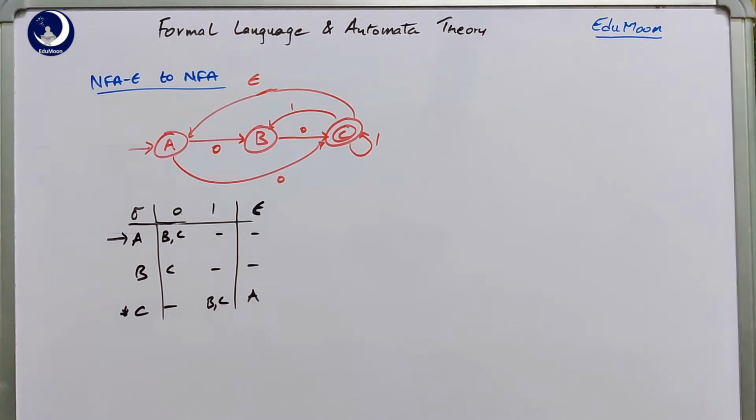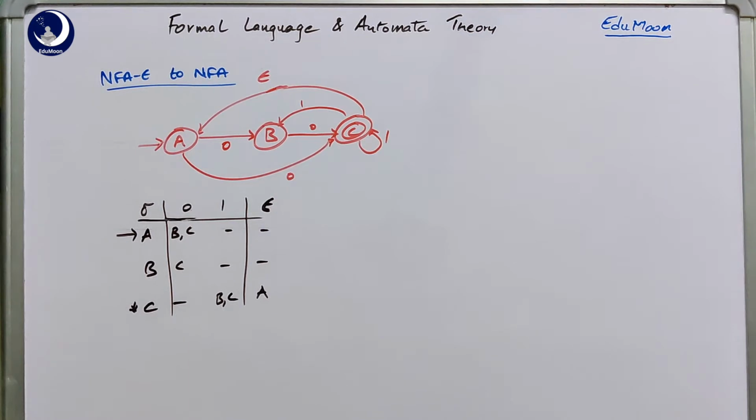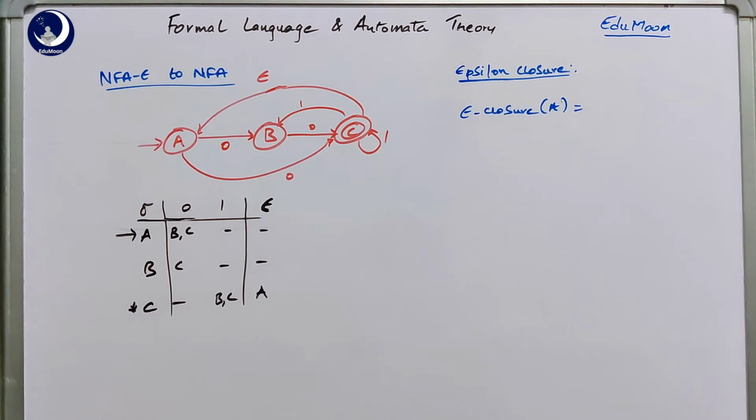So now we convert this NFA with epsilon moves to an NFA. Firstly we find the epsilon closure for all these states, that is what we call E closure of all the states, as follows. So for the first state, epsilon closure of A will be like, without taking any symbol from A, we can be in the same state. So generally epsilon closure of any state itself will be the same state. So epsilon closure of A is A.